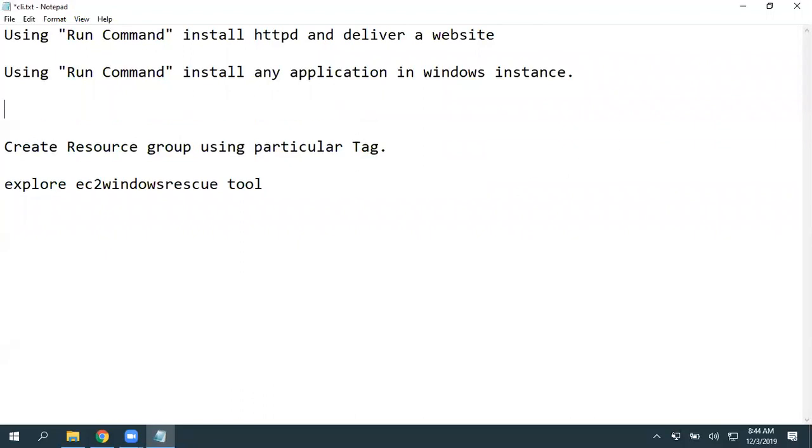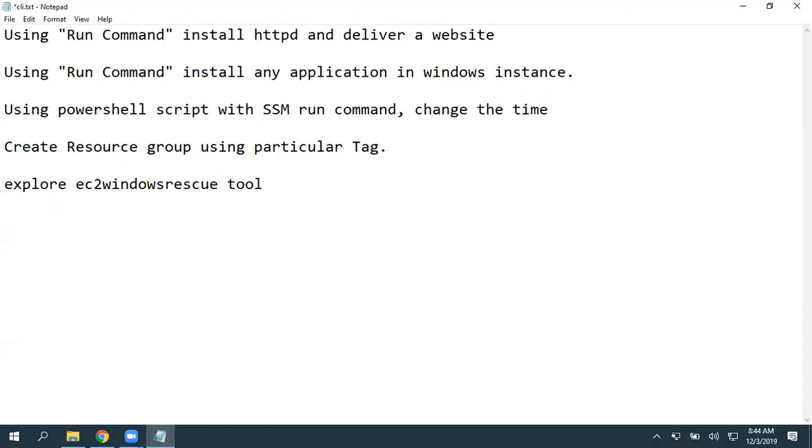And using a PowerShell script with SSM run command, change the time zone of a Windows instance. You know the commands, right?